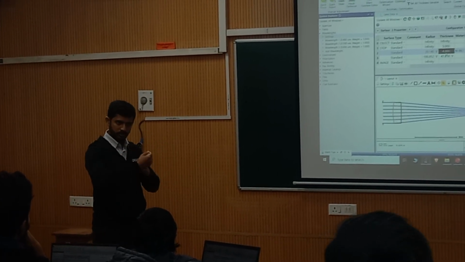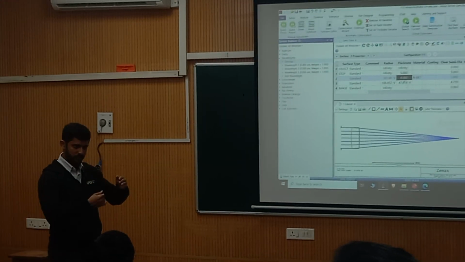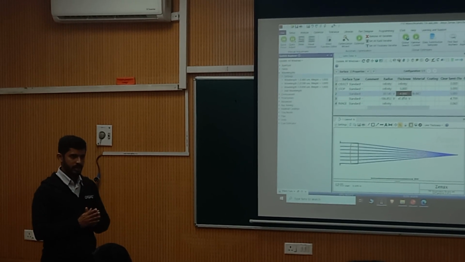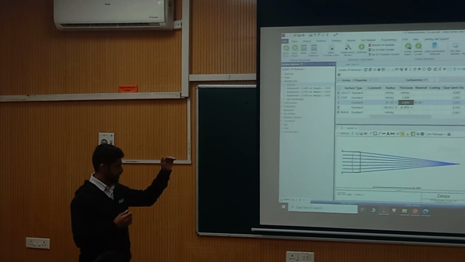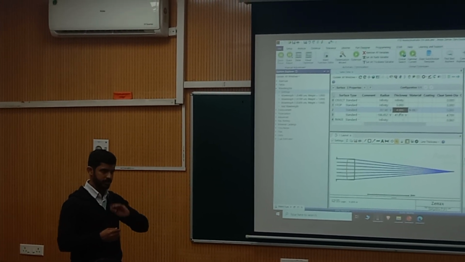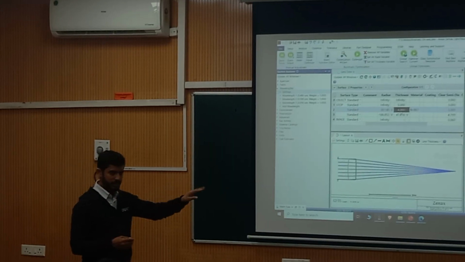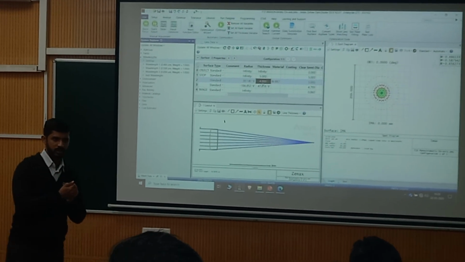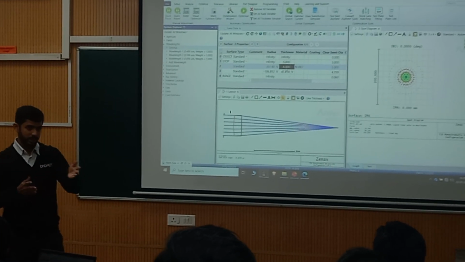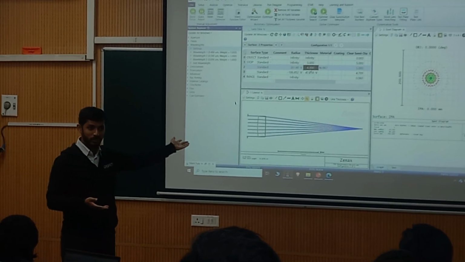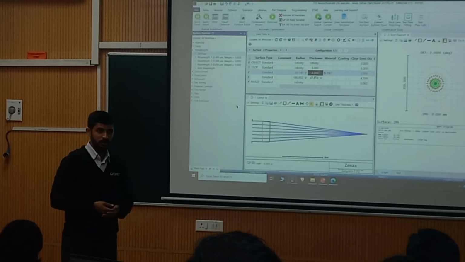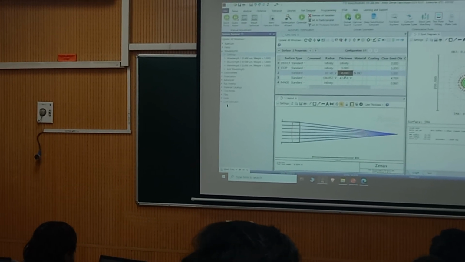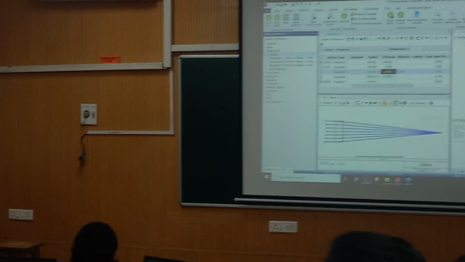Before BK7, you can put one glass, insert a surface after the stop. Before BK7, you define the material. That way it can also work, but BK7 then flint, ground then flint. And if the system is the opposite side, like you have a cone of light and you will collimate it, then flint then ground, not ground then flint. This is something I have seen, but you can always break the rules because there is no limitation. It's not going to shout at you. Okay, you have the limit. You can try if you want, but I'll try something that I've been doing regularly.